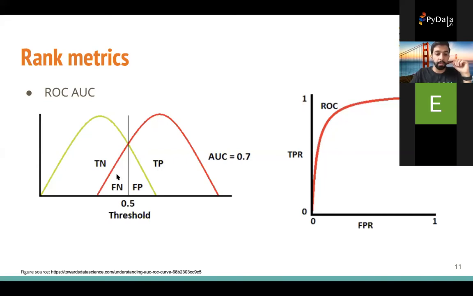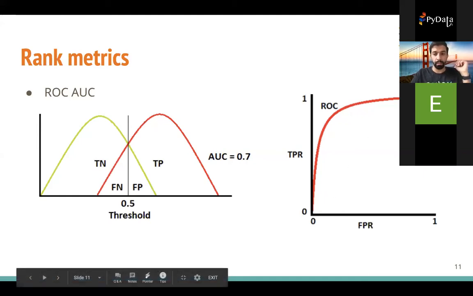And then as we move it all the way to the back, the true positive rate is going to be perfect because we're going to be predicting everything correctly in the positive class, but also we're going to be predicting everything incorrectly in the negative class. So both the false positive and the true positive rates are going to be at 1. And then we're going to move to the opposite end of this curve.